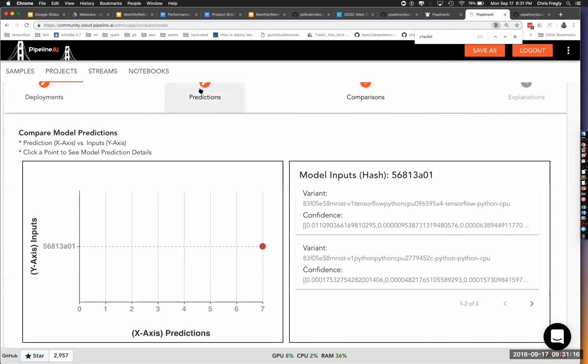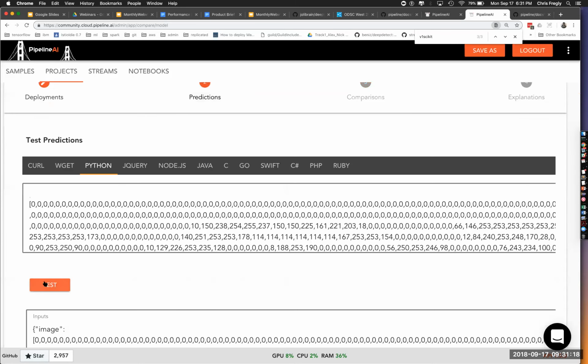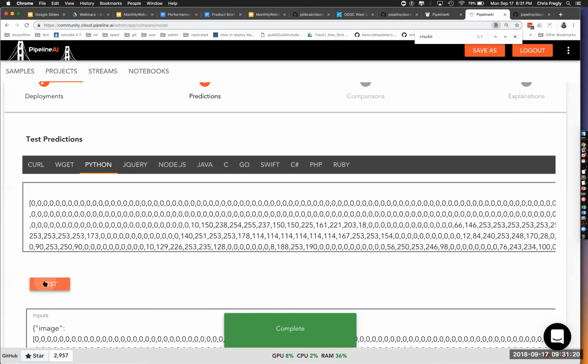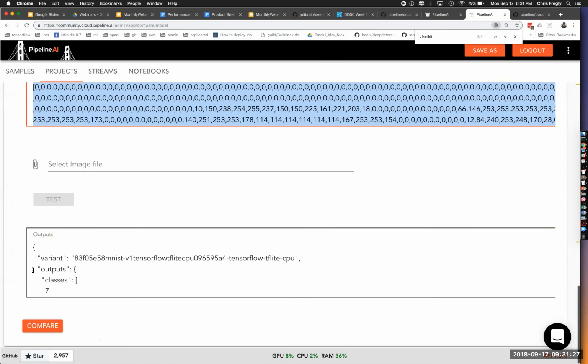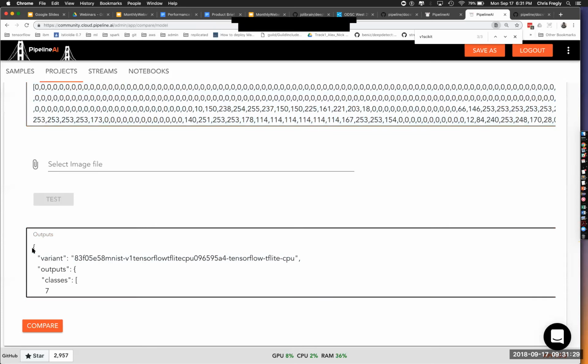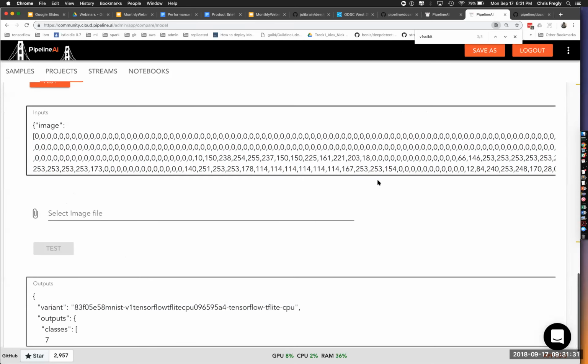And one other thing I want to point out here is when we test, we're passing in this input. This is a JSON representation of an MNIST digit. Here's the actual prediction. When we do that, let me pull up Slack here for a sec, and I'm going to show you guys something slick.